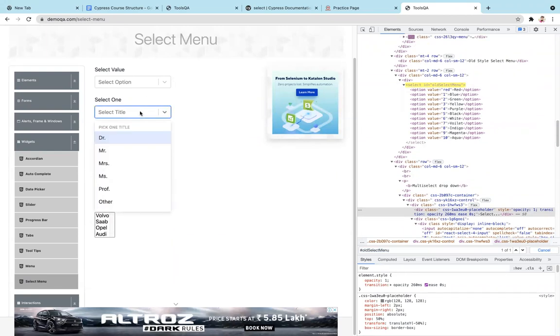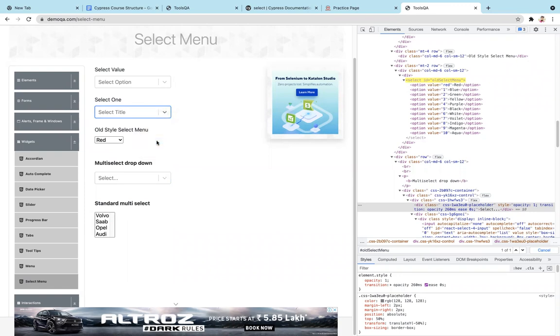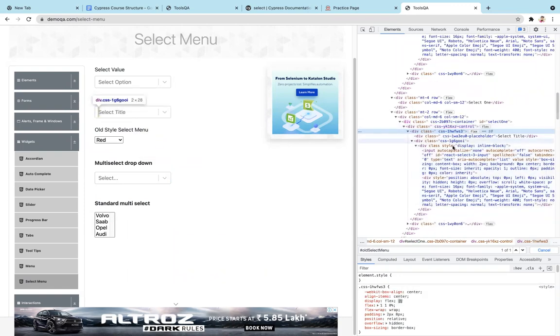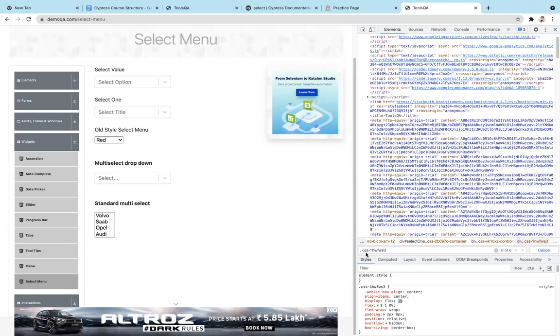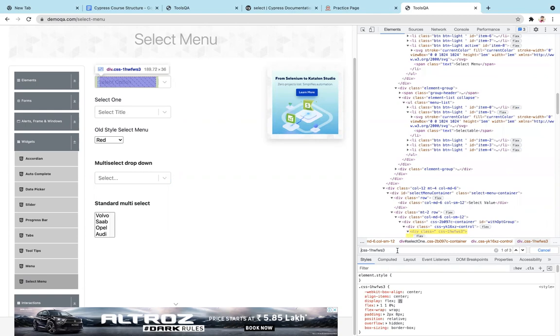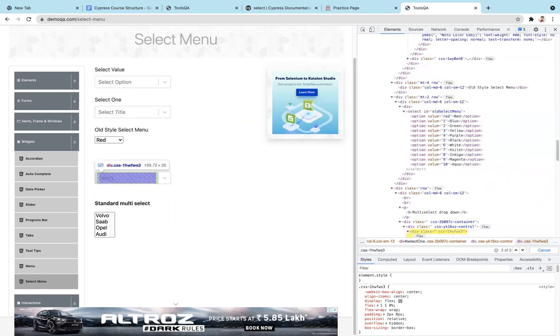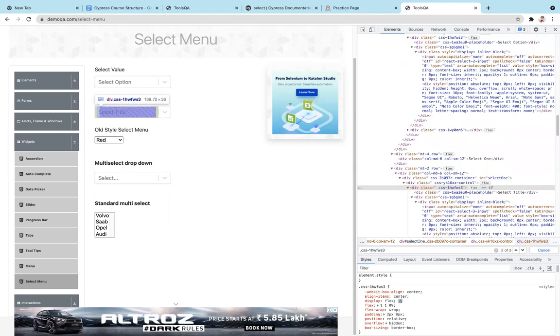And if I go here, yes, here we don't have any select keyword, correct? This is just a class. And if I go with this class, again we have 3 elements with this particular class, correct?